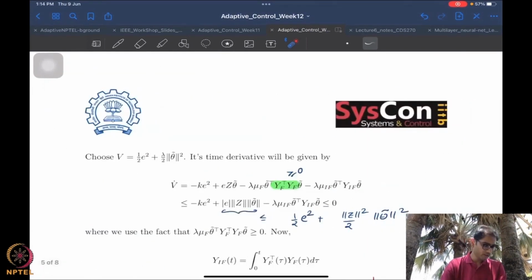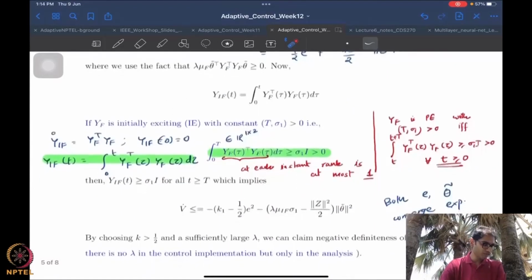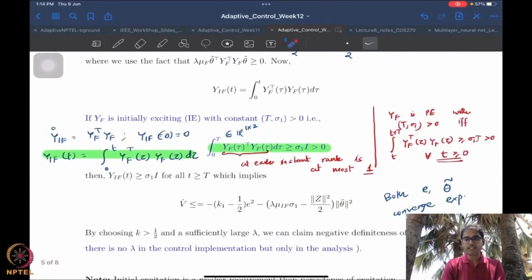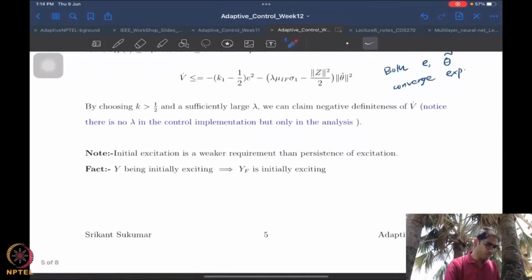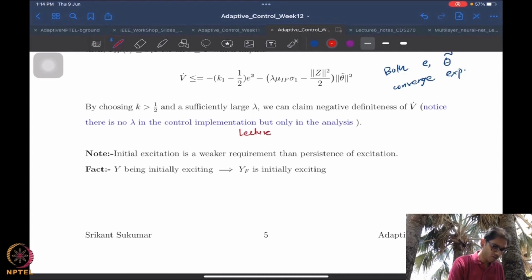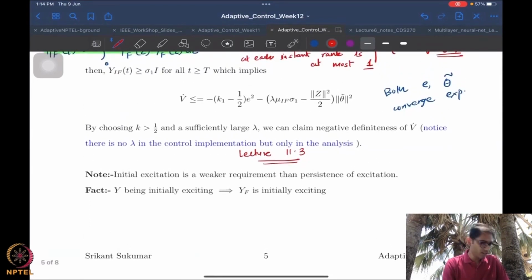Yeah, rather powerful. And we also, of course, show that V dot becomes negative definite in the presence of initial excitation. Of course, if there's no initial excitation, there's no persistence of excitation, then you will end up in the same kind of trouble in the presence of disturbance. So I wanted to make a few comments on the results we have. Right? So anyway, this is where we start. I will mark this as lecture 11.3.